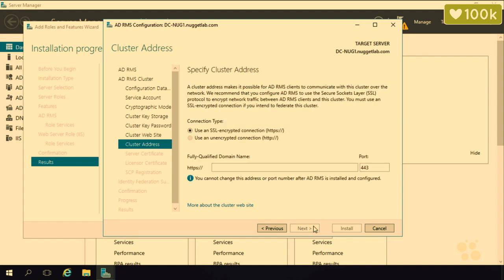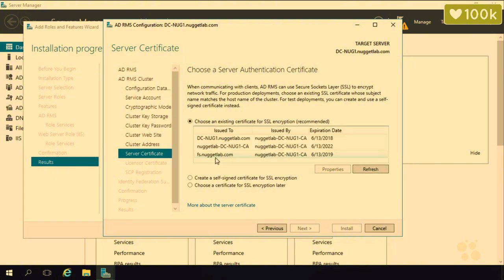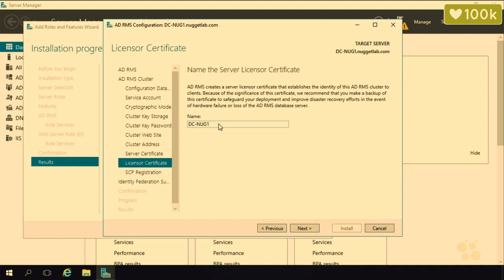We'll choose Next. And here's where we're going to cheat a little bit. We're going to use an SSL encrypted connection of HTTPS. And for the fully qualified domain name, we'll cheat and do fs.nuggetlab.com that we have an SSL certificate for. You'd want to do your own unique URL here for the ADRMS, and you'd want to have the SSL certificate for that. We'll just cheat though, like I said, and we'll use our existing SSL certificate for encryption of fs.nuggetlab.com, and we'll choose Next. And we'll go ahead and name the server licenser certificate